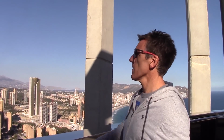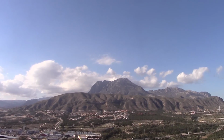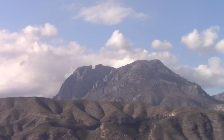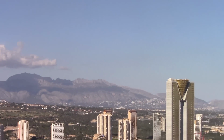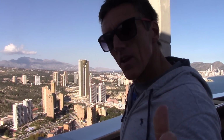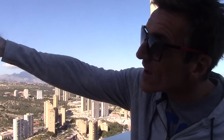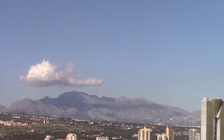It's only €2.5. So it's a little bit of history here. If you look up there, you can see that mountain, and you can see the gap in the mountain at the top. Now, if you follow this round the coastline until you come to this rock right at the end there, before the sea. So pretty much behind me there, okay, there's a story that many years ago, when the giant was angry with his son, he got very angry, and rather than hitting or kicking his son, what he done, he kicked that mountain right there and knocked the rock out of there, which went right the way over and landed in the